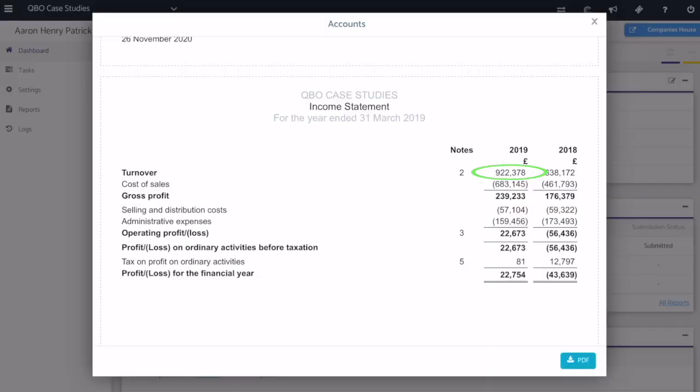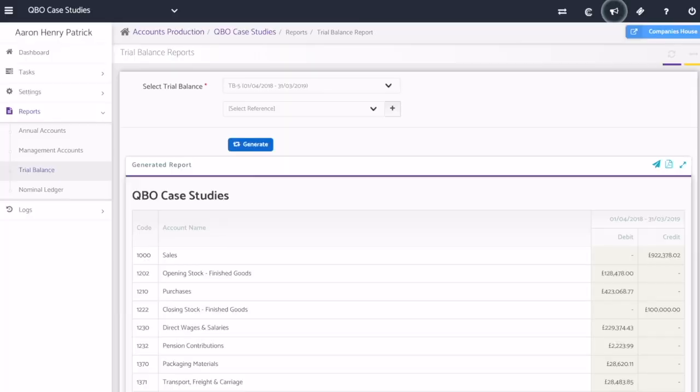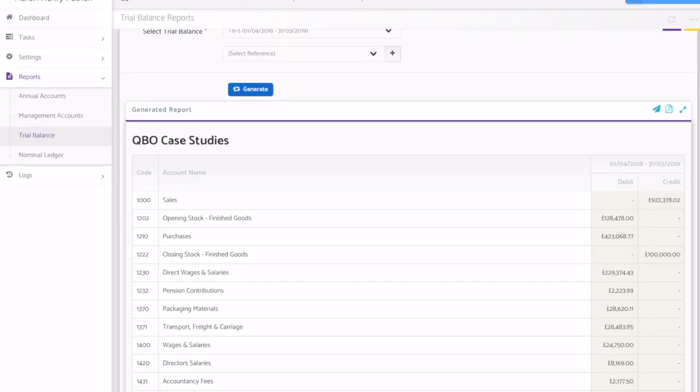You see, a set of accounts is made up of a financial statement called a trial balance. And all a trial balance is, is a collection of debits and credits. See why debits and credits are so important? Because without debits and credits, we couldn't get to this number. So bear with me here. At the moment, I have an income statement with 922,378. Remember that number. If I jump into the trial balance that represents this particular set of accounts, then you'll see here that my sales figure at the top is a credit, we'll understand what that means later, of 922,378,